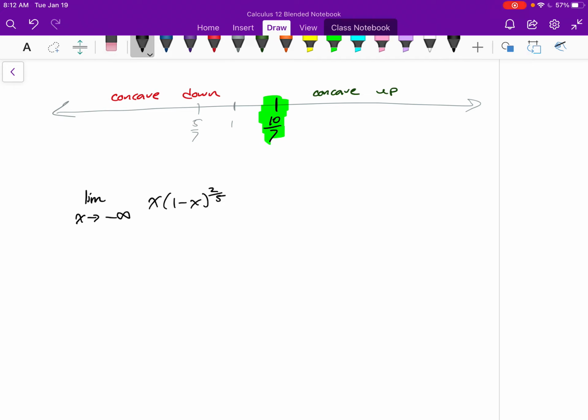Well, as x gets infinitely negative, we have an infinitely negative number here times again a fifth root. The fifth root of a negative number is a negative number, and so as x gets infinitely negative, sorry, a lot of little details, but it is being squared. So as x gets really negative, this will be a negative number. This will keep getting positive, but there's no reason it's going to have an asymptote, and so this will approach negative infinity. And similarly, as x approaches positive infinity